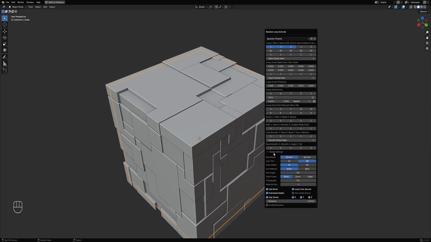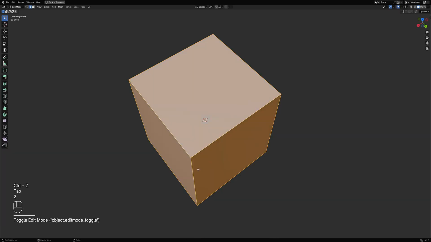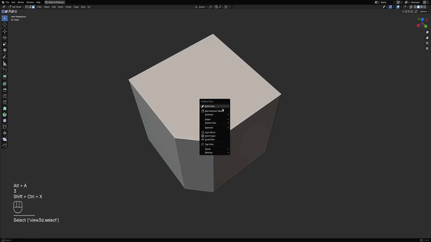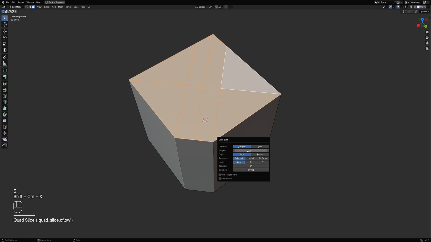So most of the time, you don't have to really touch the global setting unless you wanna play around with clear faces, for example, or the new join tris. I will also explain this in a bit with random panels. Okay, so for the join tris, so for example, quad slice